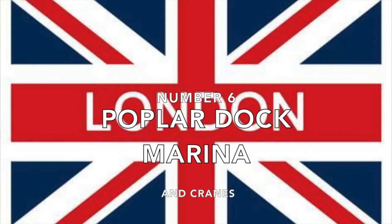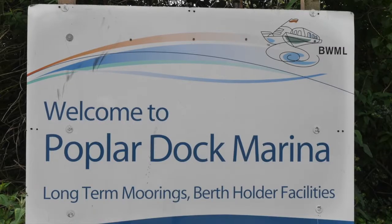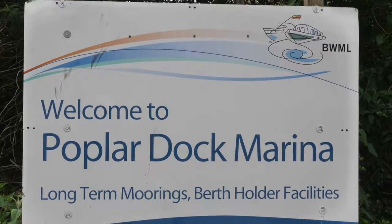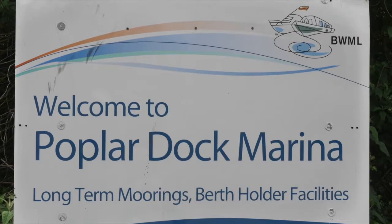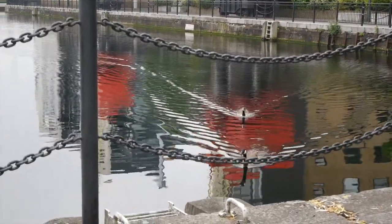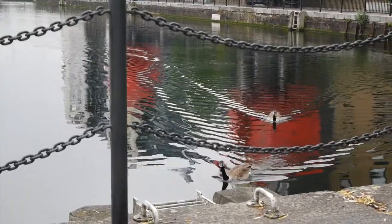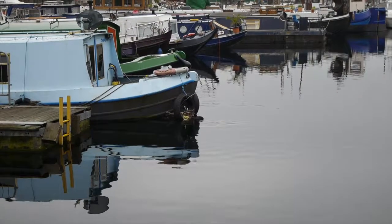Number 6. Poplar Dock Marina and Cranes. Just a short walk from the traffic light tree is the lovely Poplar Dock Marina, which is closer to the Blackwall DLR stop than the Poplar one. This is a really pleasant place just to rest a while, watch the geese, or the moorhens building their nests